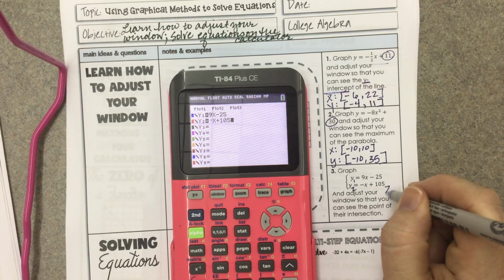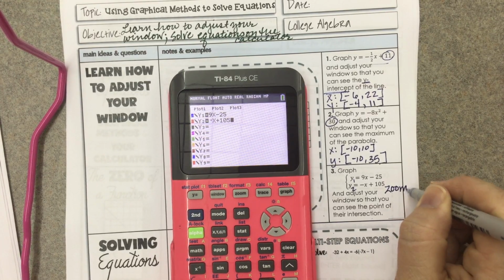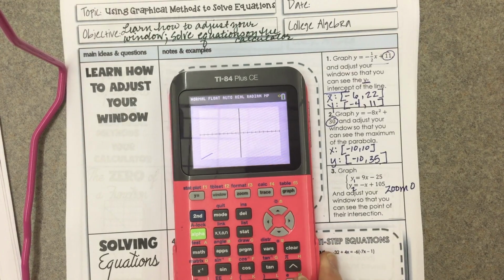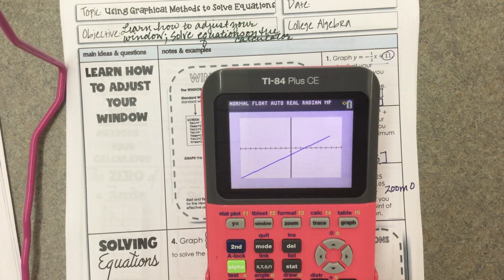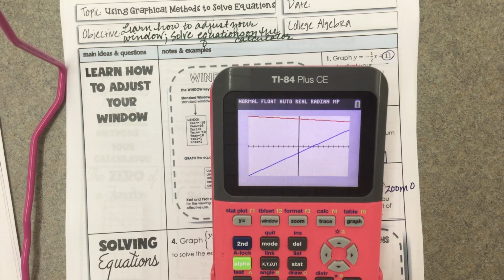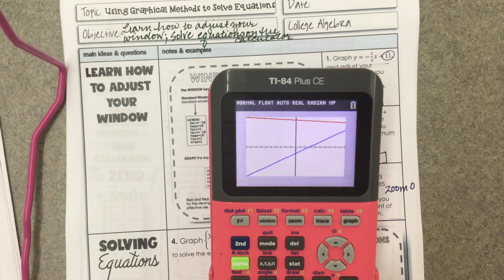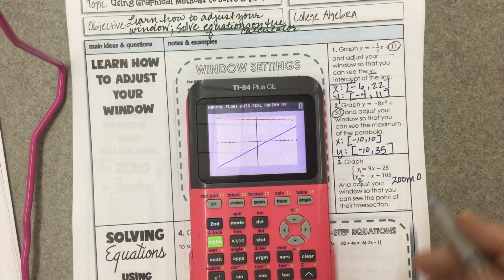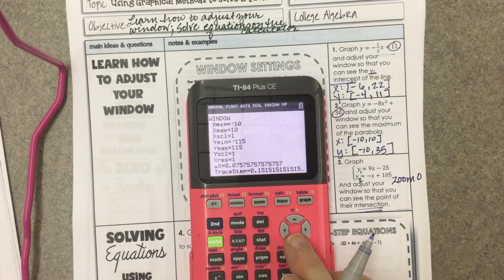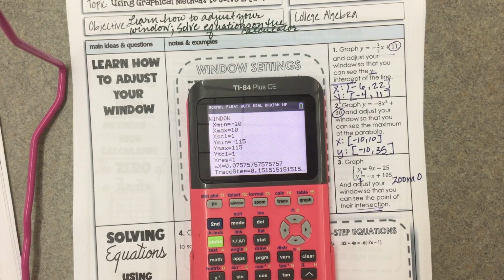If I hit zoom 0, it adjusts the graph just enough so that I can see both of the graphs, but I can't quite see the intersection. So I'm going to have to adjust my